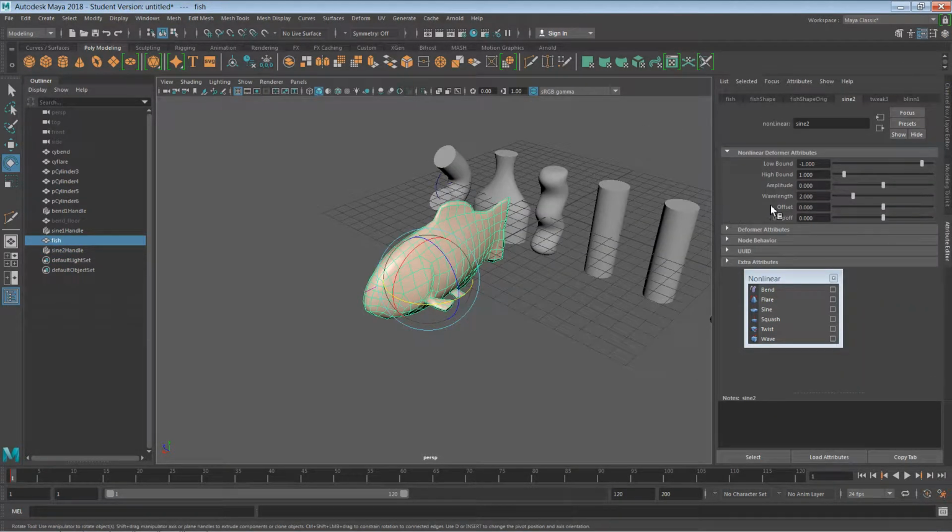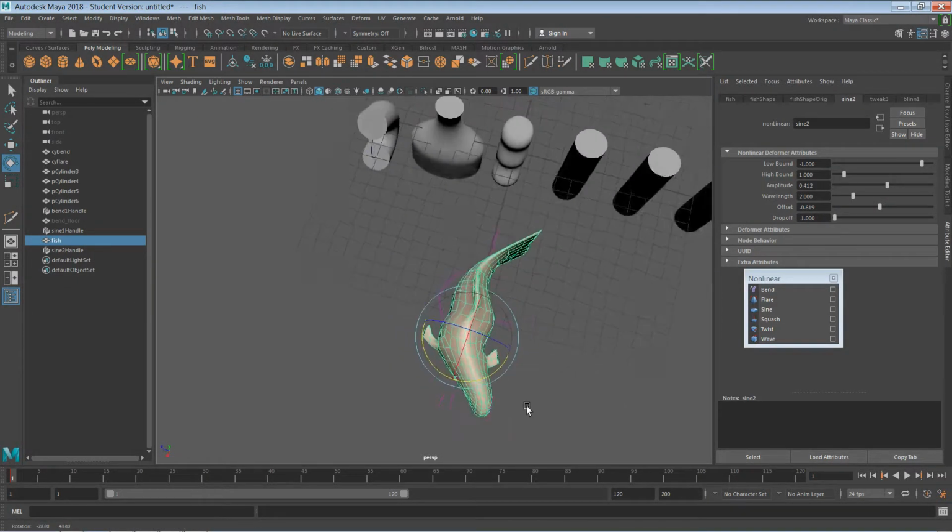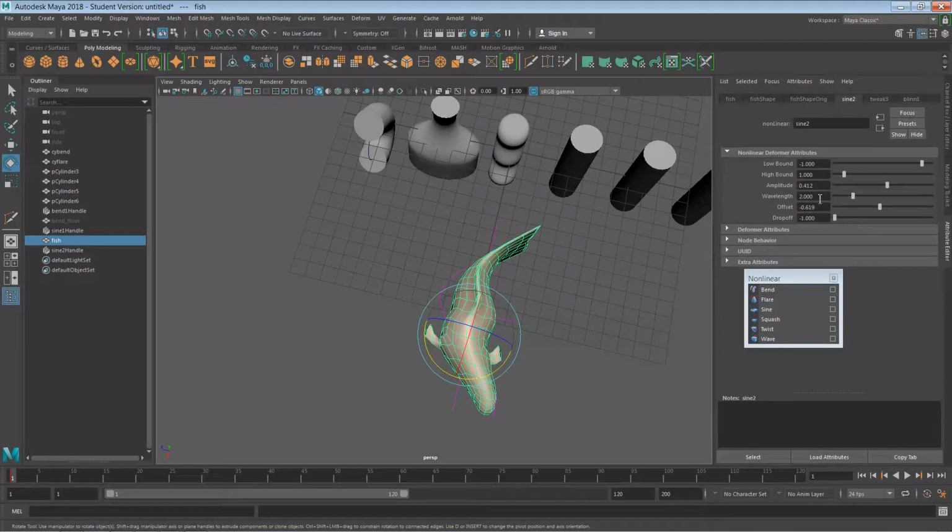attribute editor, and play with the offset, I'm sorry, the amplitude, let's find out, shall we? I guess it controls how much influence it has as it goes beyond. So it might start off really powerful and then eventually just fades off into nothingness. So if my drop off is less,